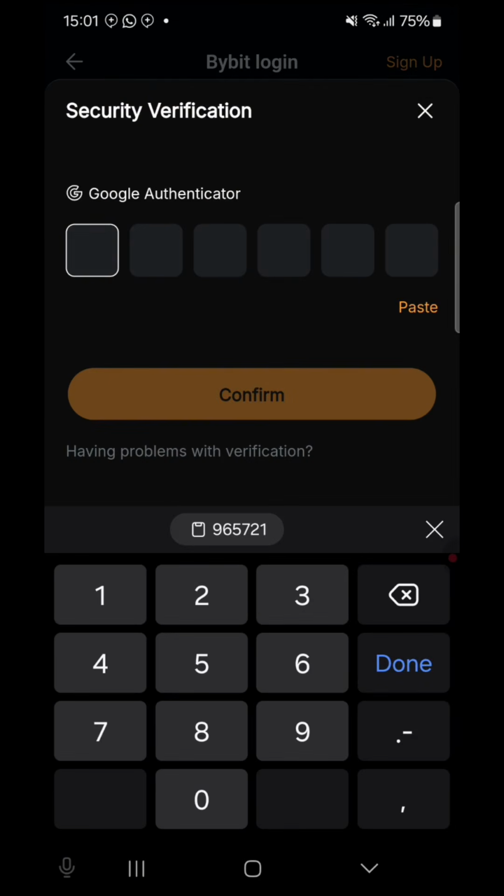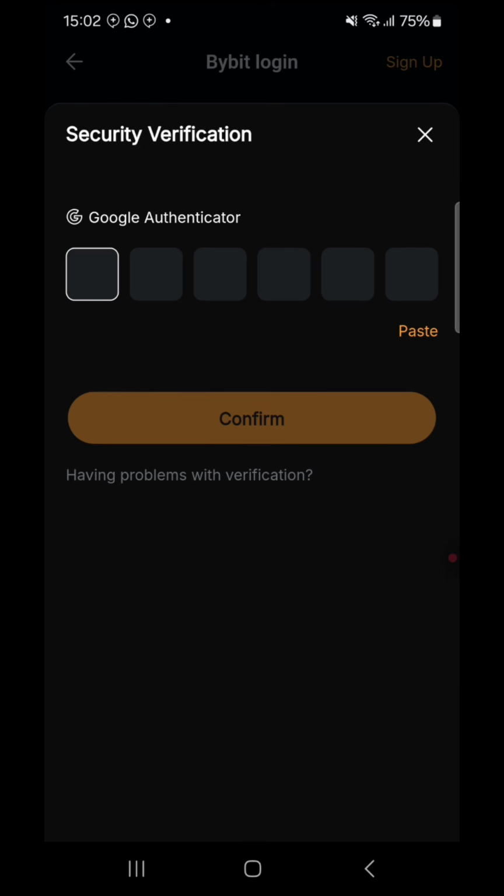You see that it's not asking me for Google Authenticator now. You see it. So if you want to withdraw as well, it will ask for Google Authenticator. So all you just have to do is, the old authenticator code you used, you won't use it again. You have to open the Google Authenticator app. You will see a code there. That key they gave to you that says you should save in your email,